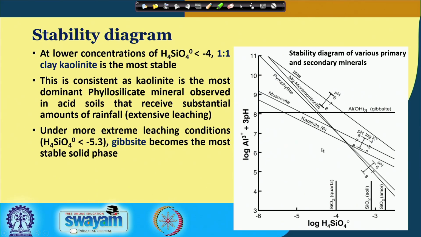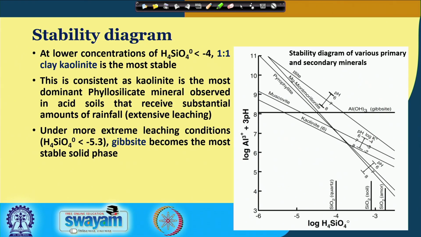So, as the silicic acid concentration is going down and pH is going down, then we can see the predominance of gibbsite instead of kaolinite. So, this shows that this is the basis through which we can explain the presence of different clay minerals at different stages of weathering. Whether it is an advanced level of weathering, when there is extensive leaching, we will